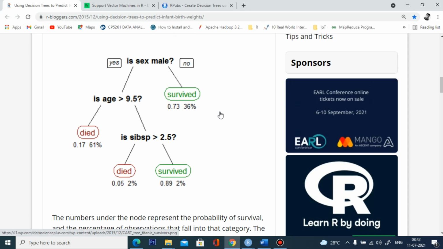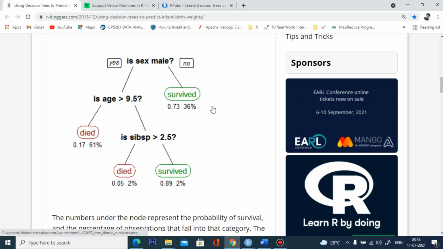The 73% of surviving means it covers 36% of the total data observations in our data set. So this is the way we can make a lot of statements based on a decision tree. It will give you a variety of possible outcomes based on your decision tree variables.